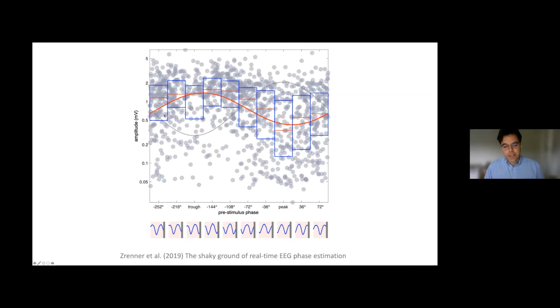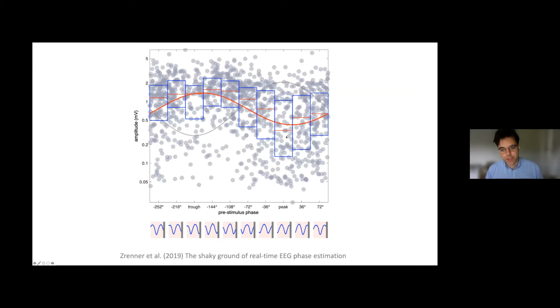And then we can look, is there an effect on the response of the brain when we stimulated at that state? And this is the y-axis, which is the amplitude of the evoked motor potential, which you can measure, the twitch of the hand. And it does turn out that if you then look after the experiment, you sort each trial, that if you stimulate during the negative peak of the mu rhythm in the motor cortex, you get larger evoked potentials.